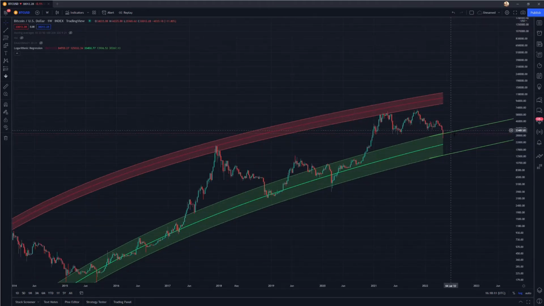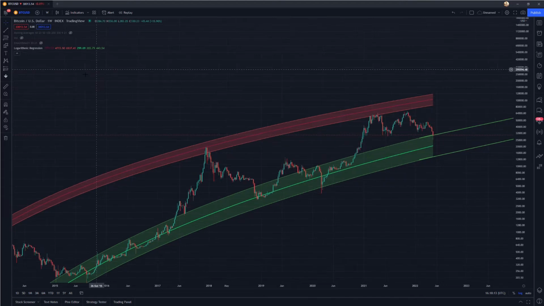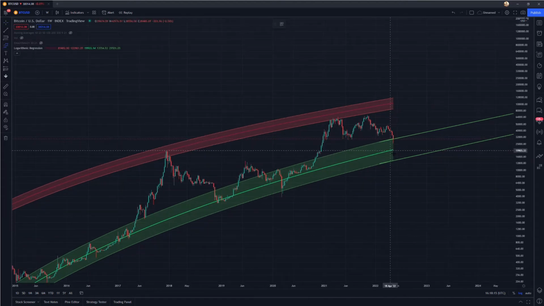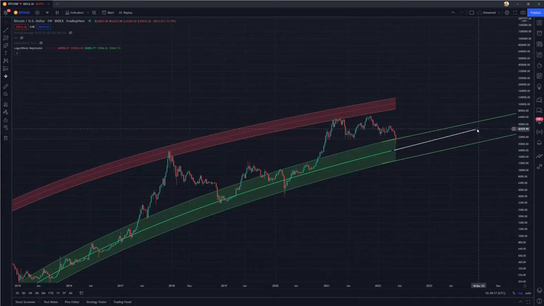So I would consider that maybe we could see some sort of bottom around this general zone here. It depends on where we do bottom, but if we were to bottom today, I would consider this middle line to be an accurate representation of the most likely scenario, which is currently at $20,000. So if you've watched my prior videos, I've discussed how I think $20,000 is a phenomenal level to accumulate, considering